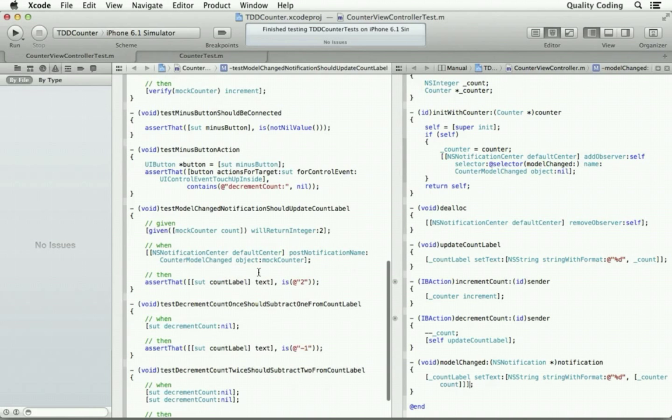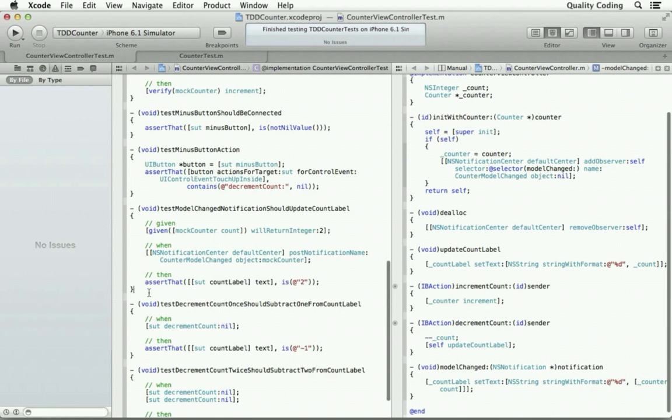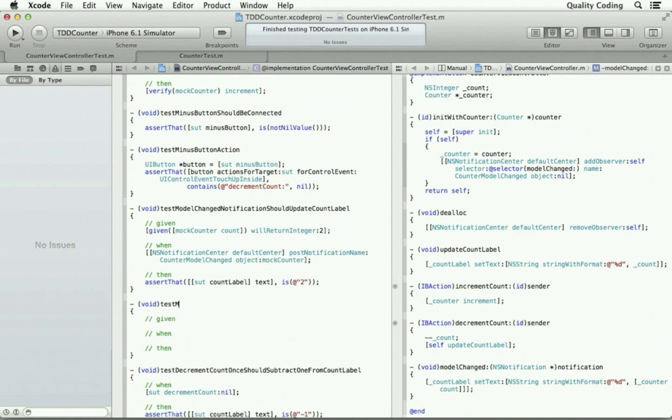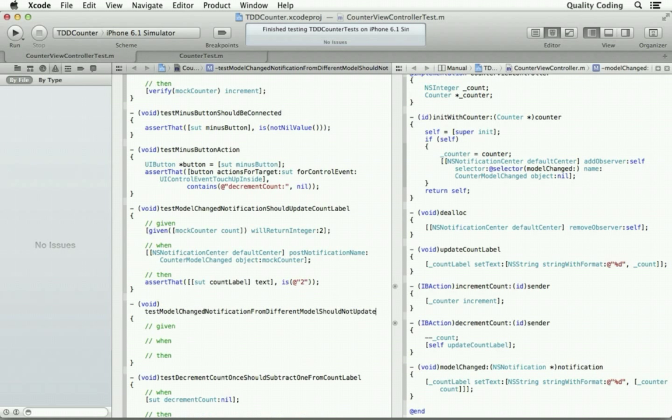So let's add a test for that. Say, the test model change notification from different model should not update count label.